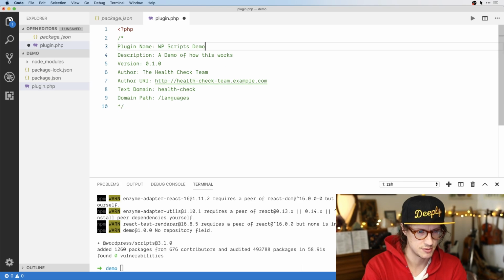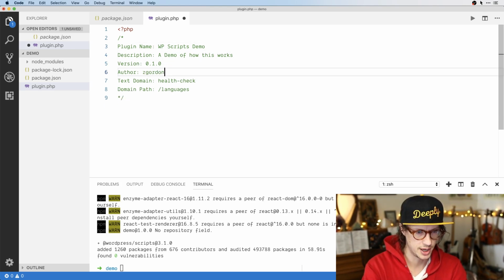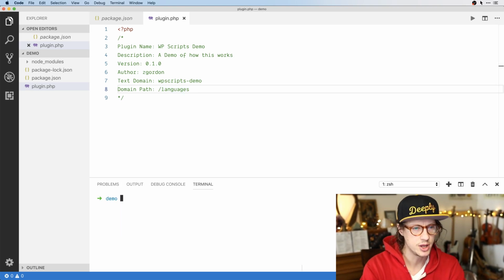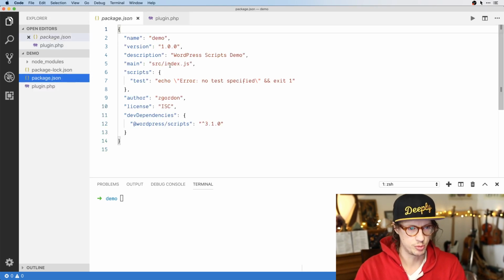We'll take this out, pull that out, and then what do we want to call this? WP Scripts demo. Copy that in case I need it later. Okay, cool. So I've got that basic thing set up, and now it does require a little bit of configuration